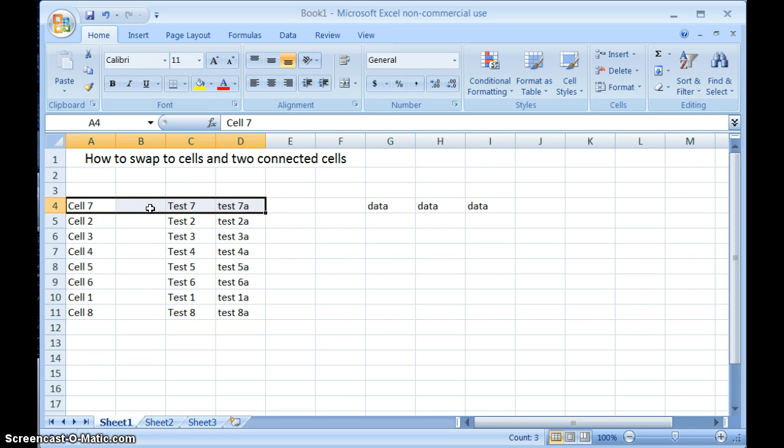Now, you can also, say we want to take 2 and 3, and we want to switch it with 6 and 7. So, it would be here where 6 and 7 is, which is below 8. Then we need to take 6 and 7 and move it to where 2 and 3 would be. The cool thing is, as long as your cells match up, you're going to move them. If I was to take this group